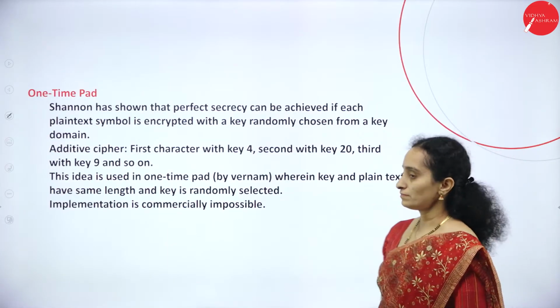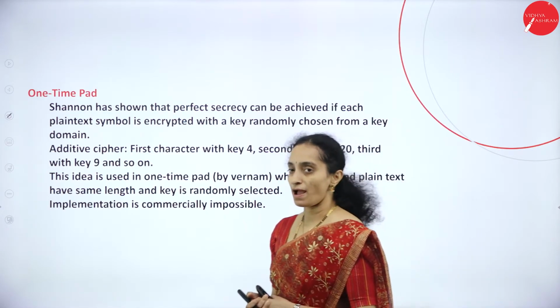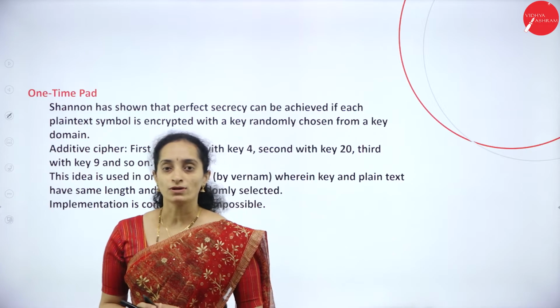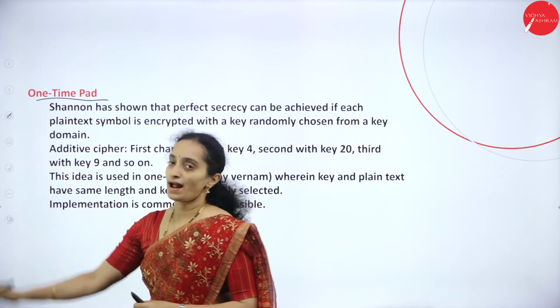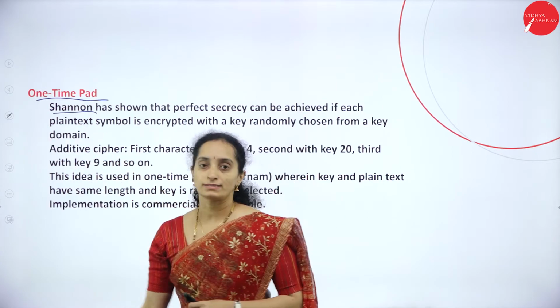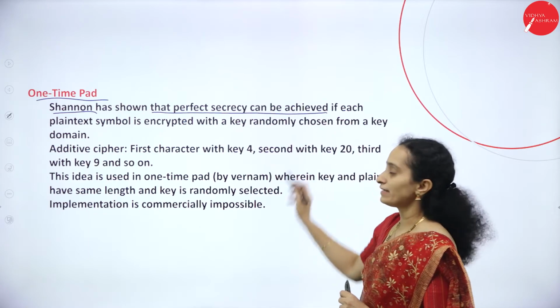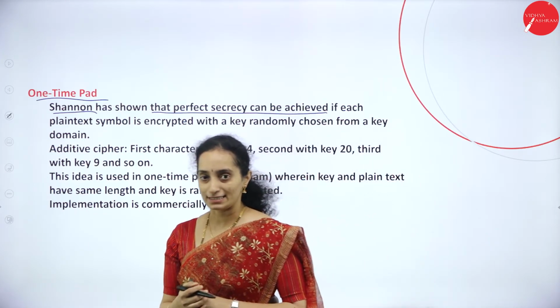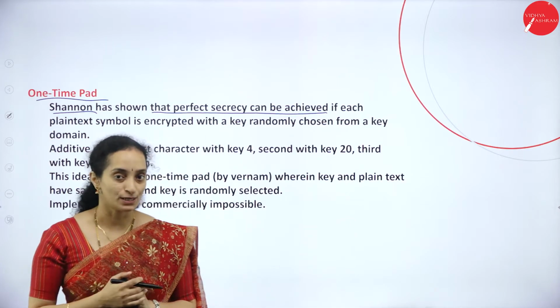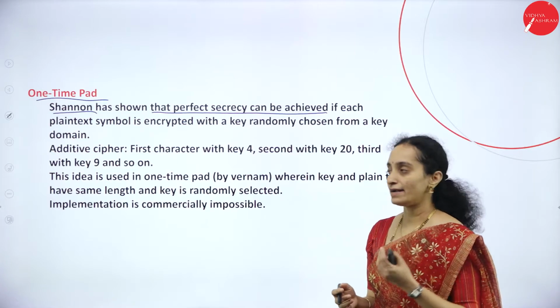Alright. In this, we make use of a one-time pad in the Hill cipher. What is the use of the one-time pad? The one-time pad has been introduced by a scientist known as Shannon. He has shown perfect secrecy. Encryption is nothing but secrecy, isn't it? You need to have absolute secrecy from the attacker or the adversary.